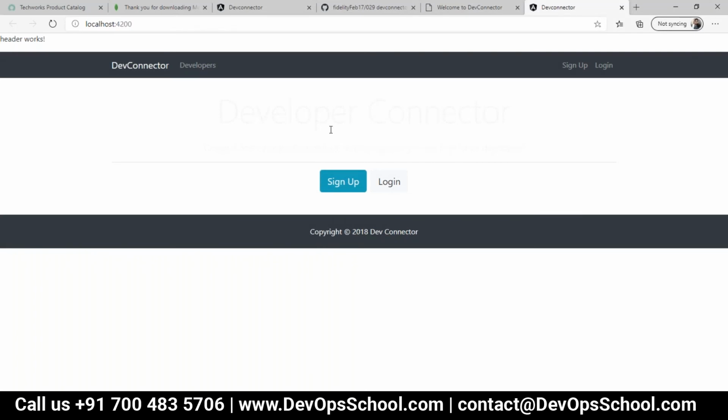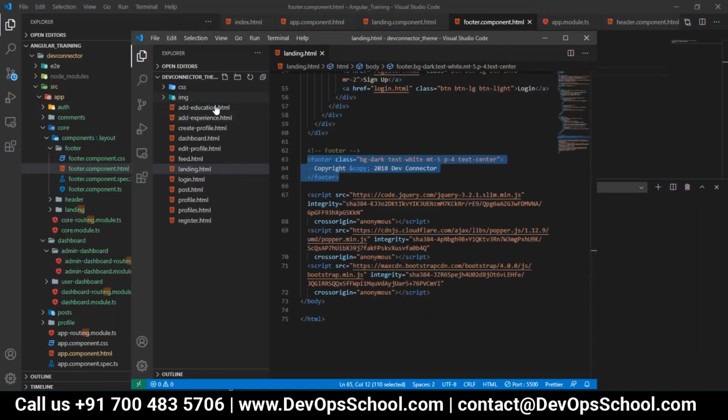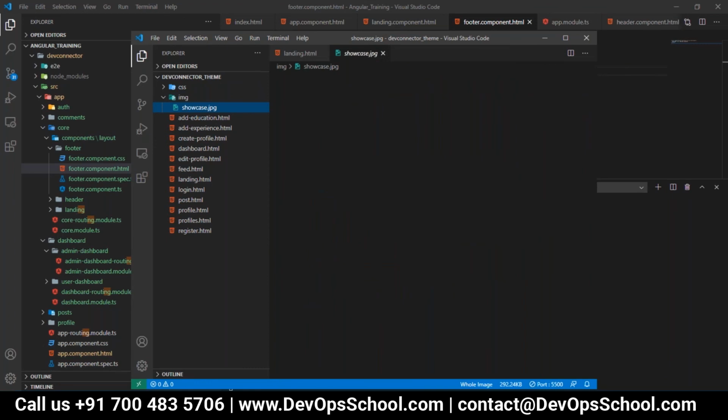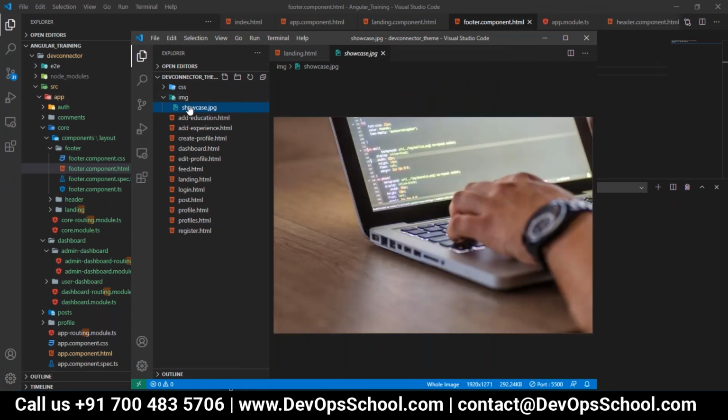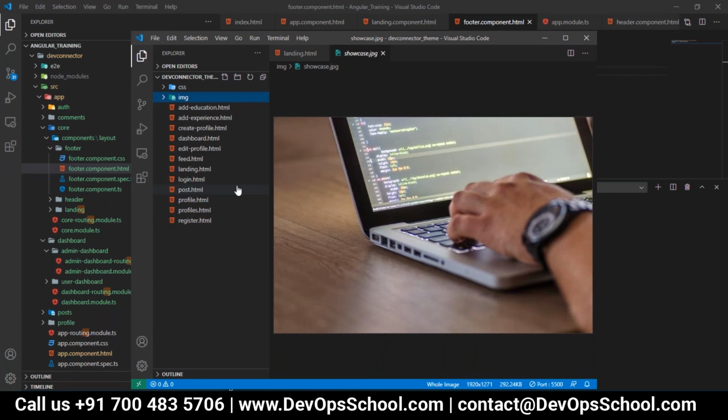Yes, correct. Go to that other Visual Studio Code quickly. The image folder is there, correct? Copy the whole image folder, not just showcase.jpg.